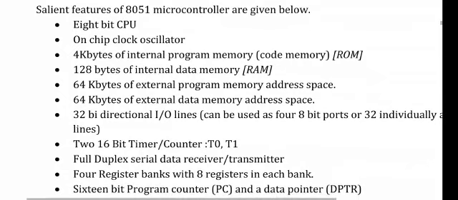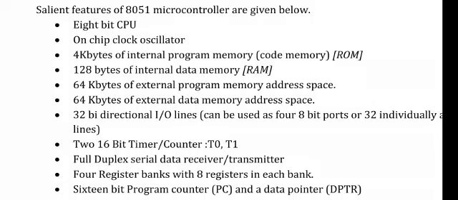It is an 8-bit CPU, like the 8085, which is also an 8-bit microprocessor. An 8-bit CPU means the arithmetic and logic unit is able to perform addition and subtraction on 8 bits. Similarly, the data bus width is also 8 bits, so it can transfer 8 bits of data to and from memory at a time. That is why it is called an 8-bit CPU. Its capacity is to perform 8-bit arithmetic and logic operations as well as data transfer operations.